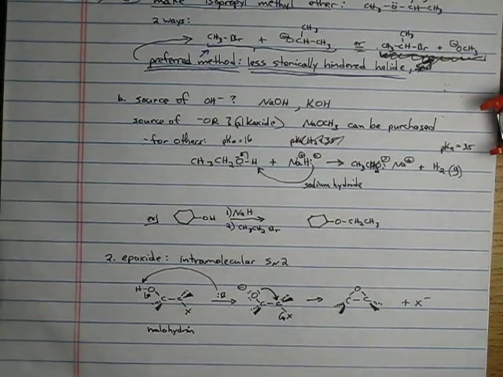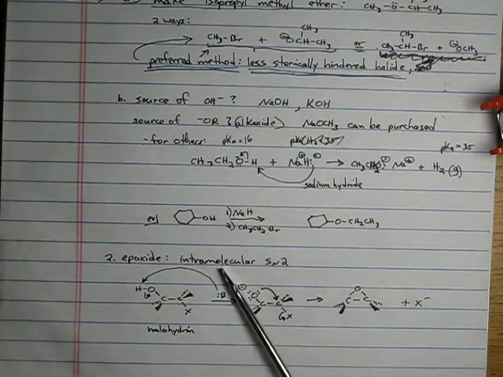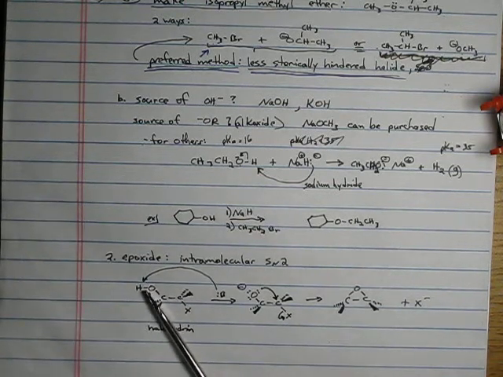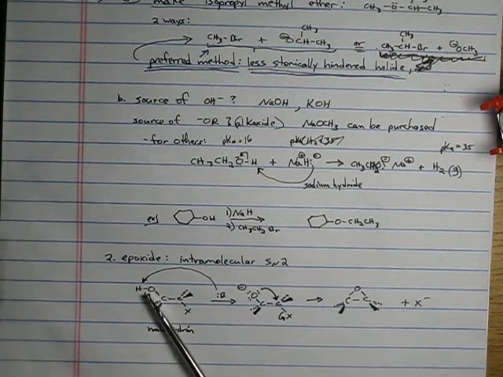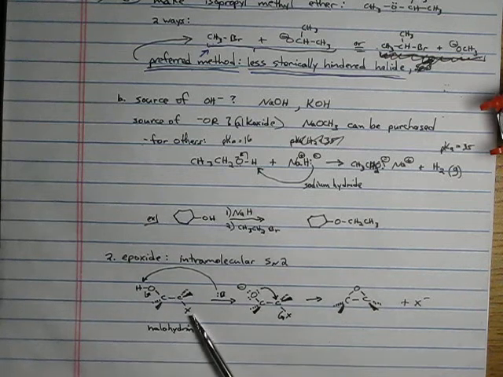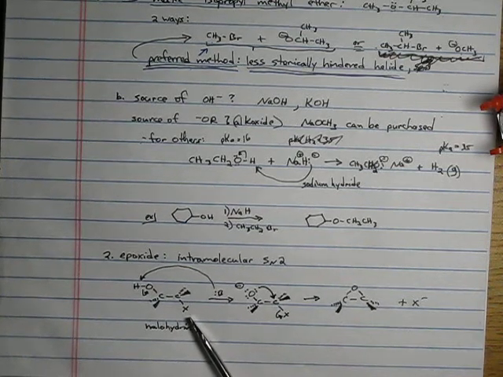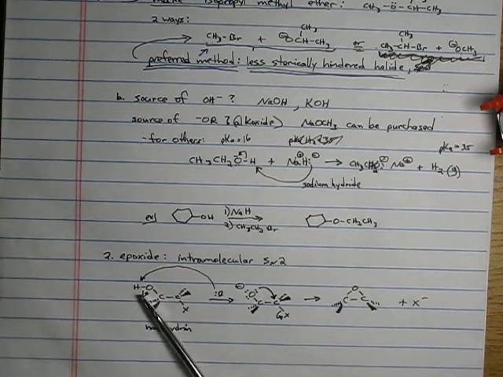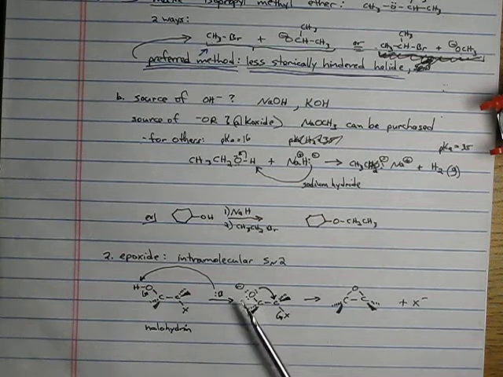All right. We will show various ways to make an epoxide. The first way to make an epoxide is just with an intramolecular SN2. What if we have one carbon that contains the OH that we can deprotonate to make the oxide, and the other carbon bonded to it contains a leaving group, such as bromine. Well, if you react a base like sodium hydride, it will take off this hydrogen, giving that oxygen a negative charge. And then that negatively charged oxygen can attack this carbon, kick off the leaving group, and you've